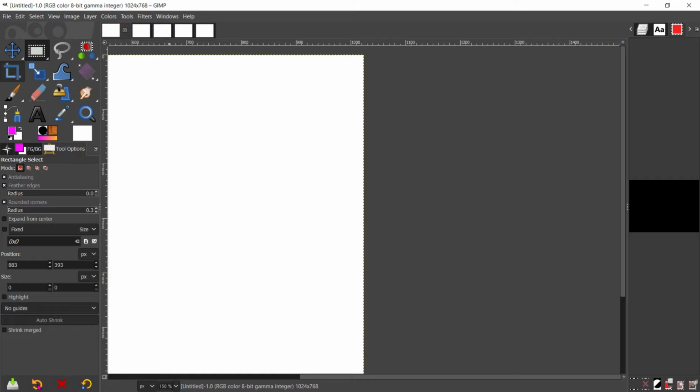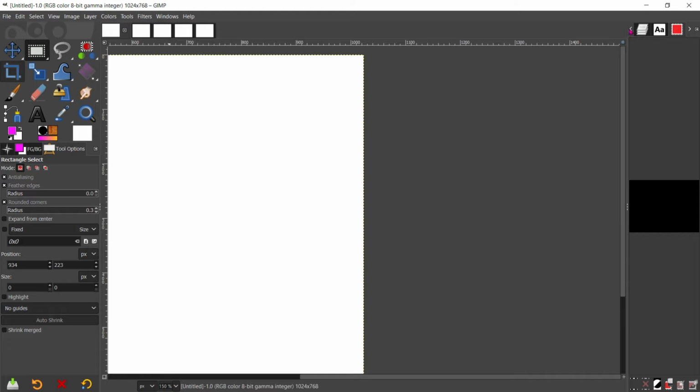And from here we can undo, redo. Presently we have not done anything. And here we have tool options. You can see if I select this rectangle, the rectangle is selected. So from here we can see the options of the rectangle. We will see these options in detail when we will be working on this particular selection tool. In this tutorial we are just learning how many tools are available.